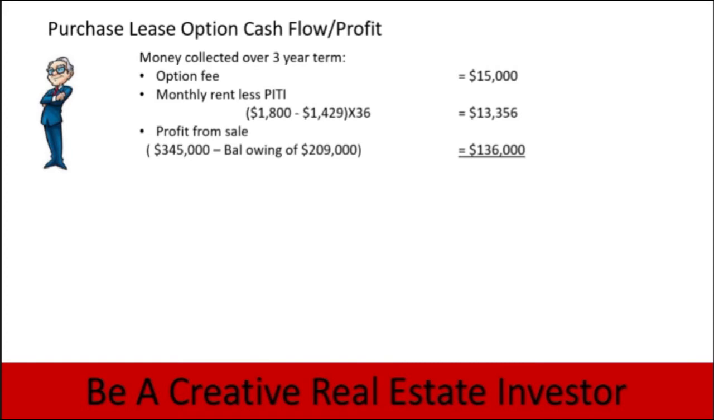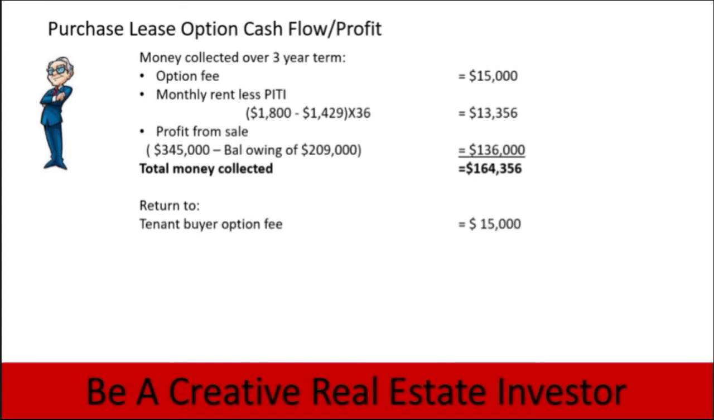The balance owing is $209,000 from when you bought it at a $300,000 purchase price. So that's $136,000 you're collecting at the time of closing. So you are collecting a grand total, or will have collected a grand total, of $164,356. But as I mentioned, you have to return to the buyer the option fee of $15,000, plus, as we